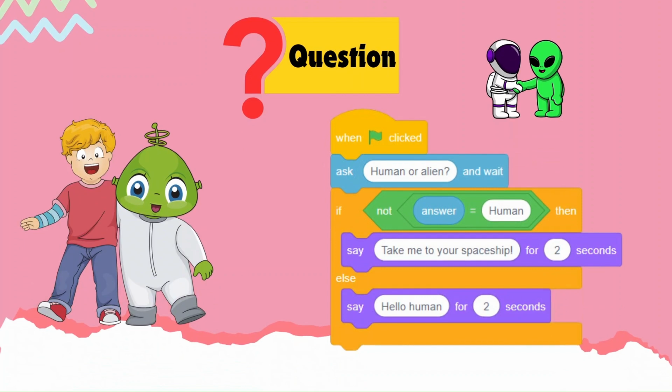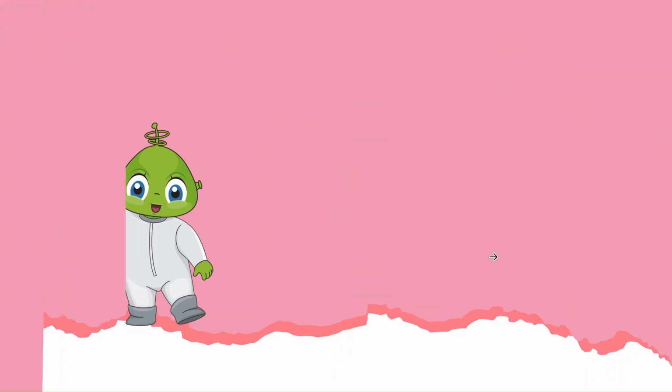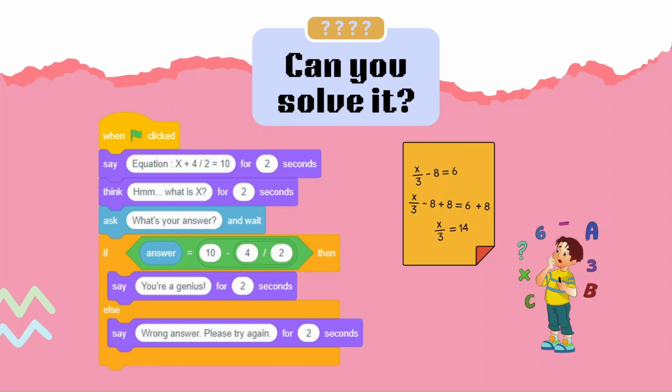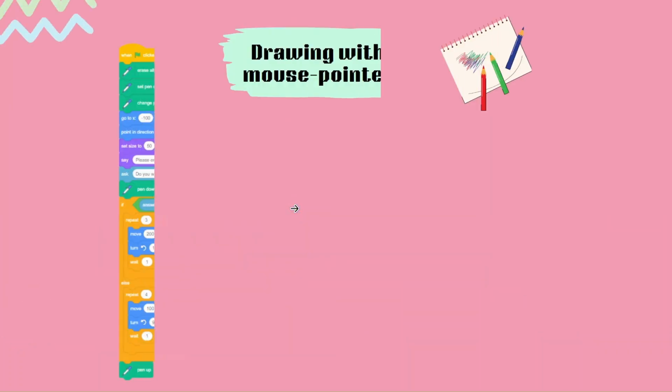The next one is a question. You can ask a question, and this is the work of our sensing blocks, which I have explained well. Just ask. If the answer is correct, it will say yes, and if the answer is wrong, it will say no. So this is all the use of sensing and operator blocks. You can do many different things. Try doing them. I'm giving you an example so that you can practice. You can even solve such equations using our operators block.